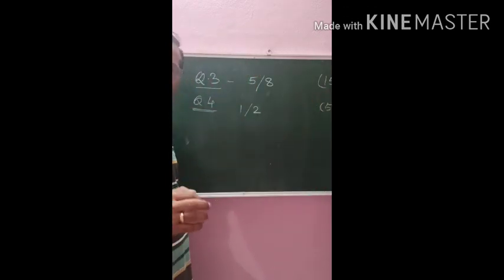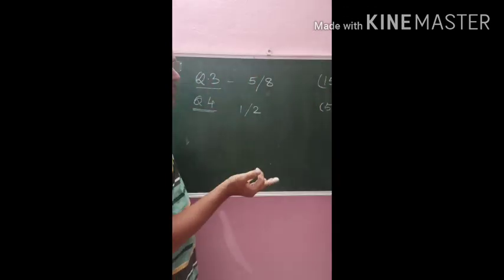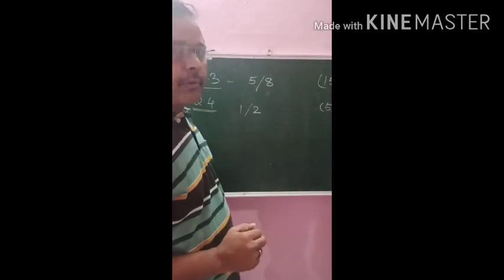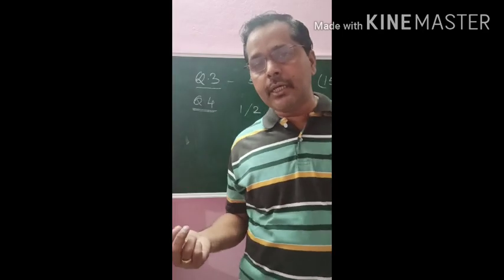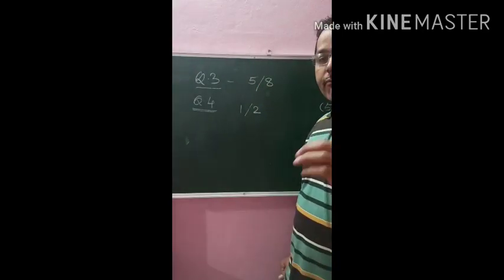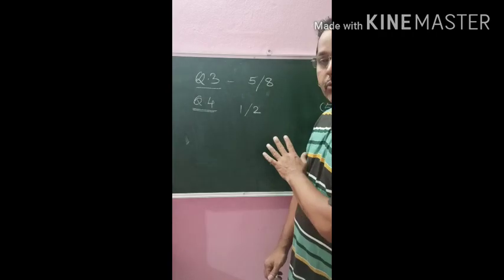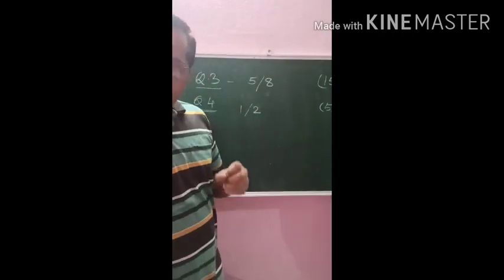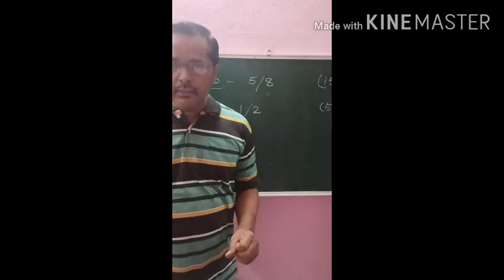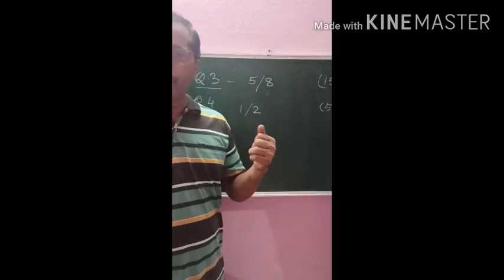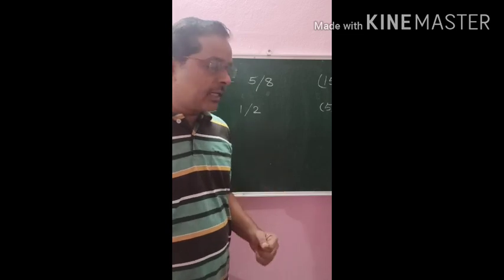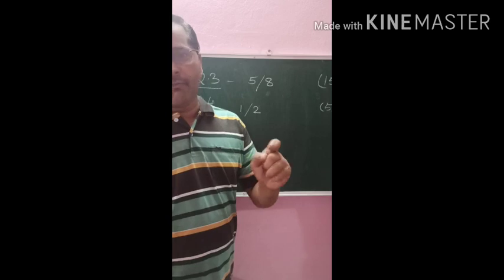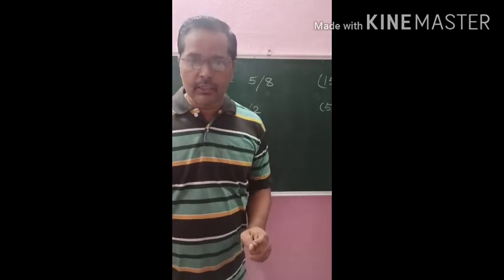So in this way the paper pattern is there, and a similar paper pattern is there for paper 2 also. In paper 2, instead of physics and chemistry, there are biology and environment. So this is about the question paper pattern. This is our short video, in which we saw the syllabus, paper pattern and marking scheme. From the next video we will start our first lesson from part 1, that is gravitation. Thank you.